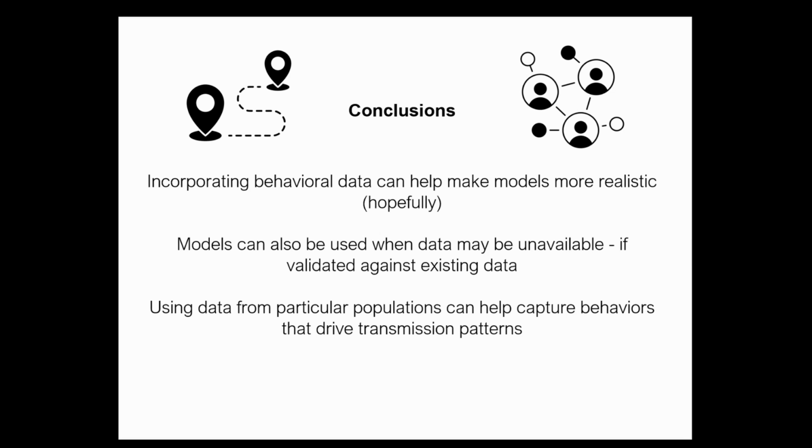So just some conclusions. We're really interested in how we can better understand behavior, be that through different kinds of models, different kinds of model structures, and other types of data that's available. In a lot of disease modeling, we're either highly reliant upon these really detailed data sets that became available, or we use pretty simple models, and there's not a lot advancing from those simple models into something a little more sophisticated while leveraging that data, but that's still easily reproducible or usable in a lot of different contexts.